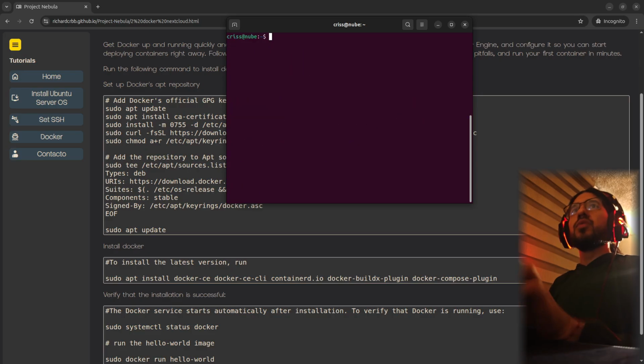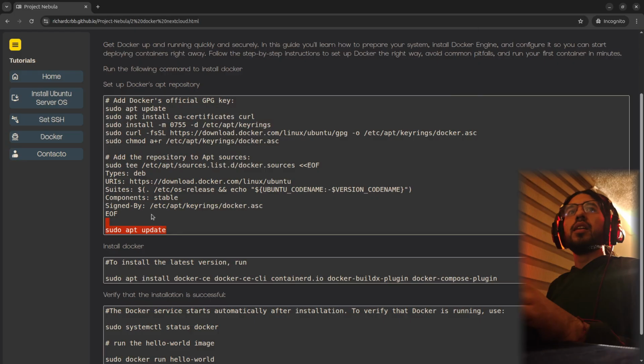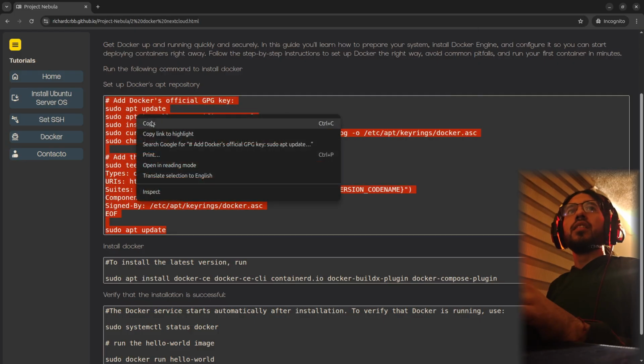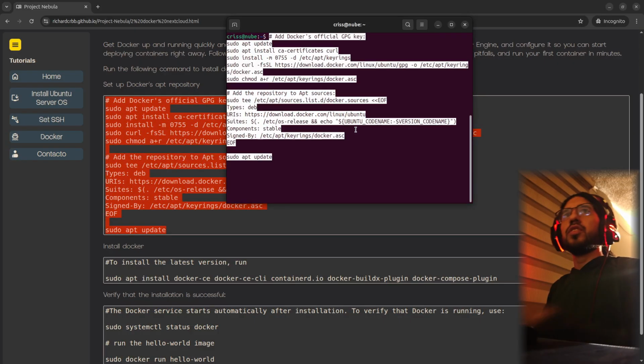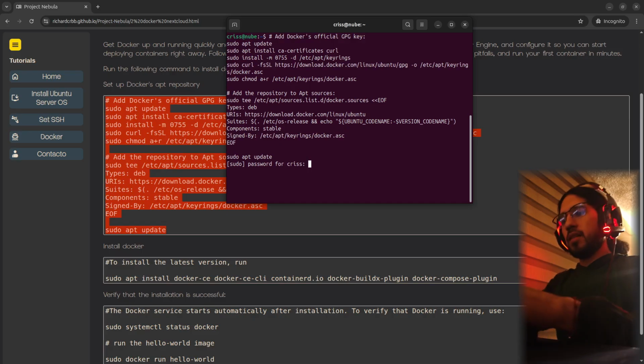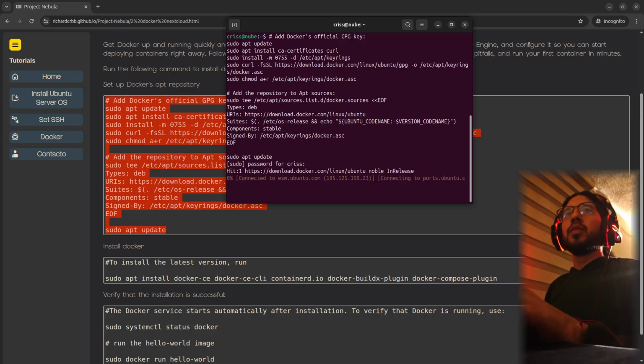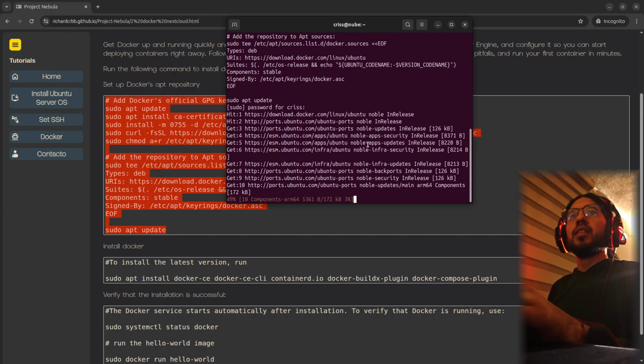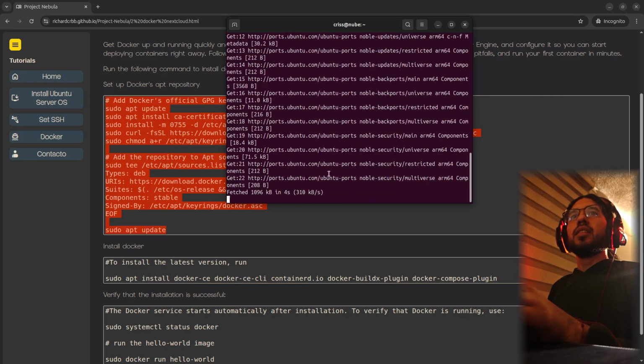So we're gonna clear the console, Control L, and in here we're gonna run this command, Control Shift B. You're gonna be prompted the password of the server. So we're gonna wait until it finishes the setup, and then we're going to install the